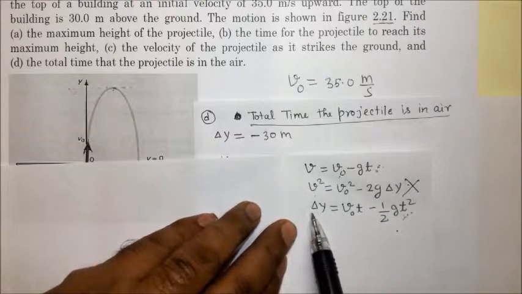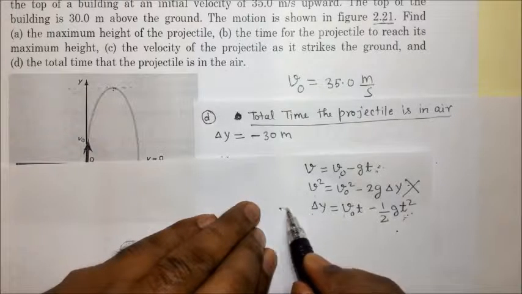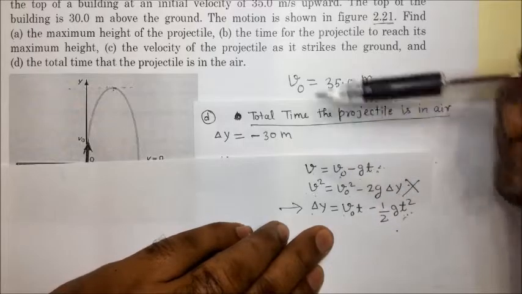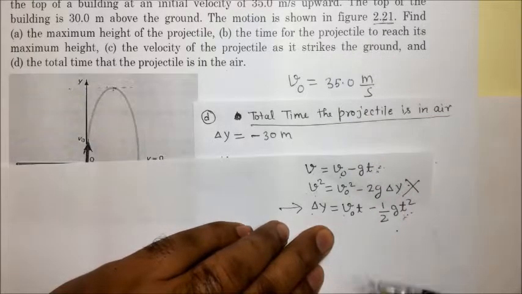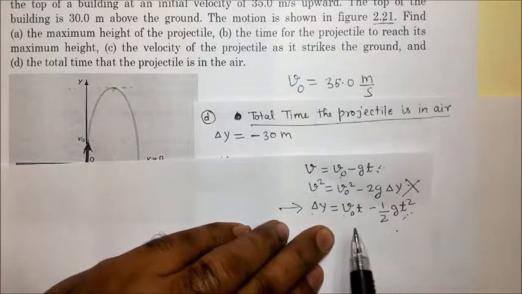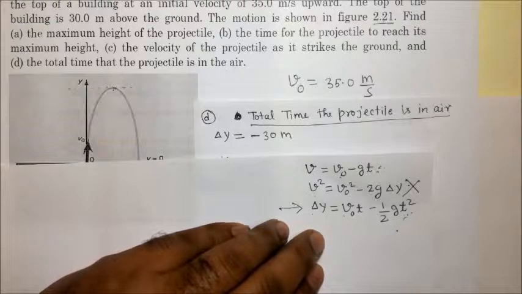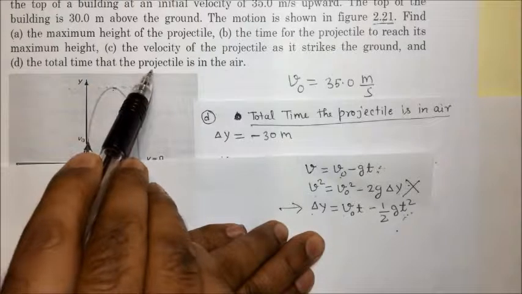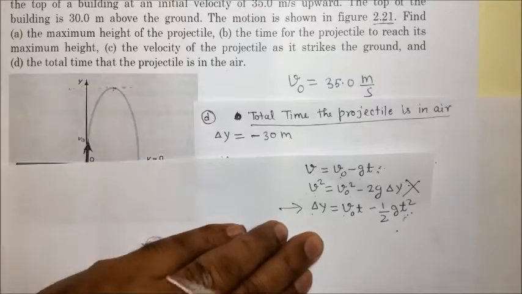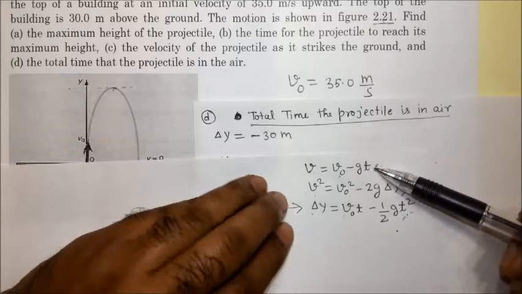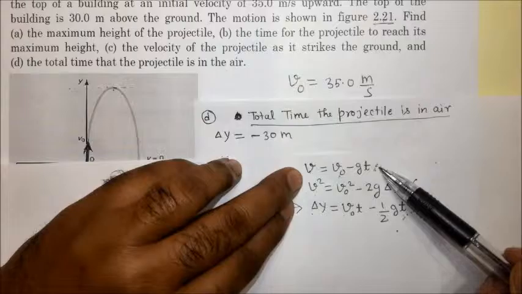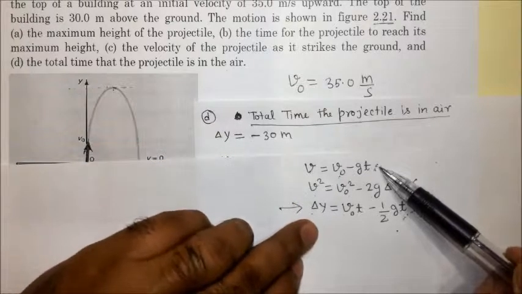I would like to use the third one only simply because I don't want to borrow information from any other section of this question. For example, in your test or quiz or any exam, if I ask only this part, D part, if you try to use this equation, then you have to find V final first and then you can insert it in this problem. Now,